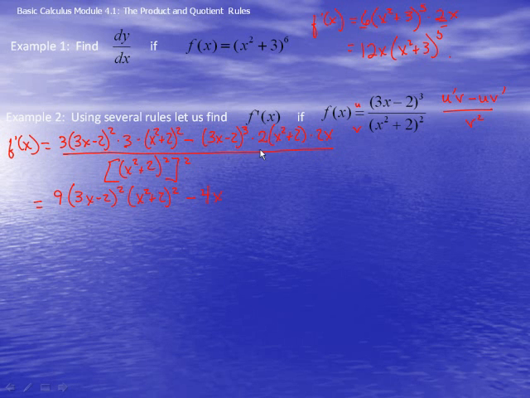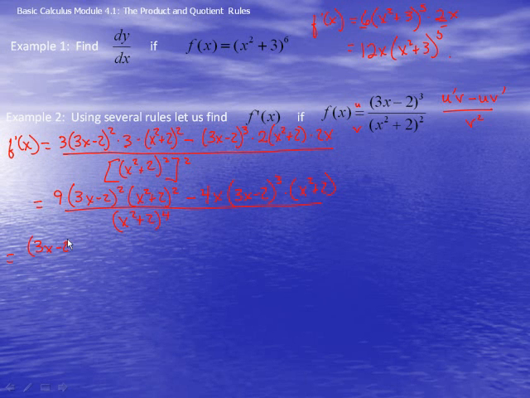We're going to put the 2x and the 2 together, and we've got 3x minus 2. We'll have 3 of those, and 1 of the x squared plus 2's, all over x squared plus 2 to the fourth power, because power to power will multiply. All right, our next step, we're going to factor out 2 3x minus 2's from the top, and we're going to factor out 1 x squared plus 2 from the top. So that would give us